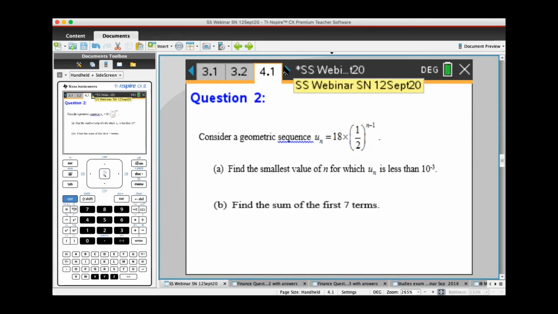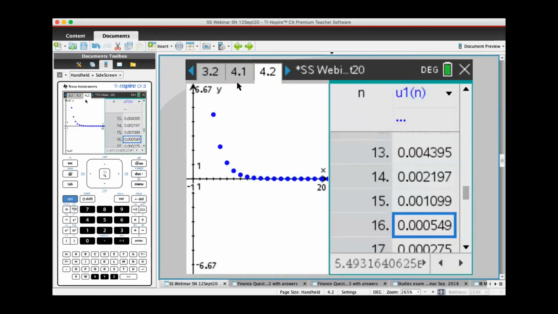If I've graphed it, I'll take this opportunity to show you how to undo the page. So I'm going to go back to the control. I'm going to delete this page because I want to work on this page. But if I've already defined U1, it will not agree to it being redefined again. The reason I've kept this page is because I want to show you how to delete some pages. So I go on to control and the